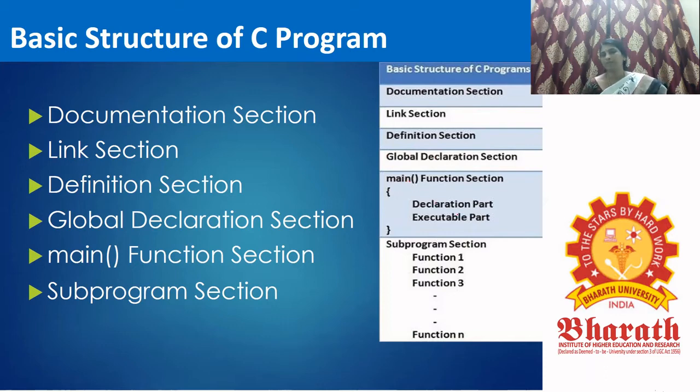In this main function, you will declare, execute, process, and get the output. And at last is the subprogram section, where the entire main function is divided into various subfunctions. So we can write a number of functions to operate as submodules, or as subroutines.